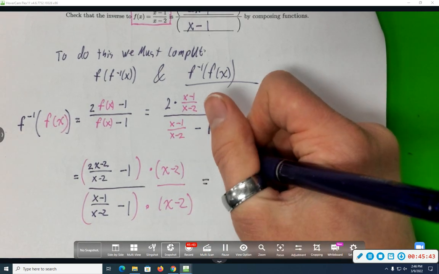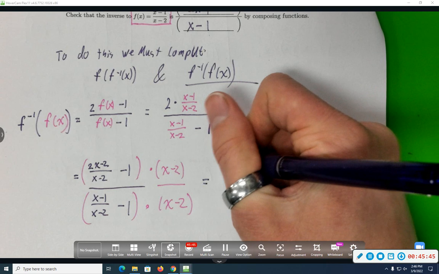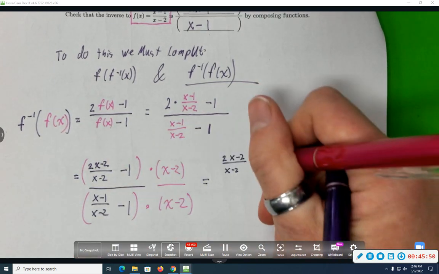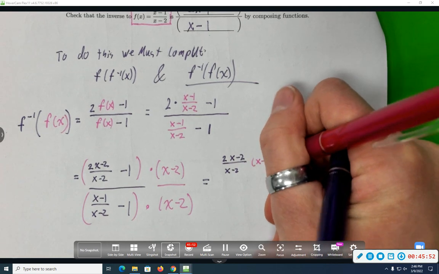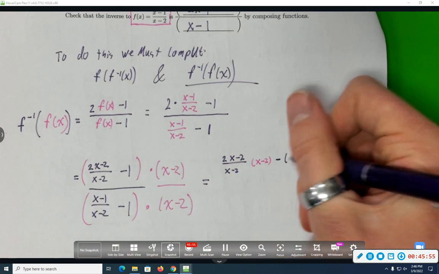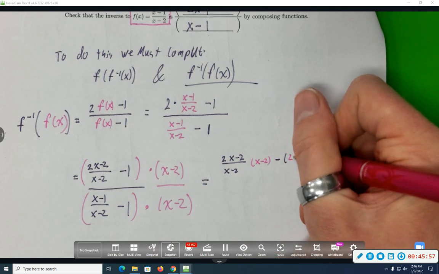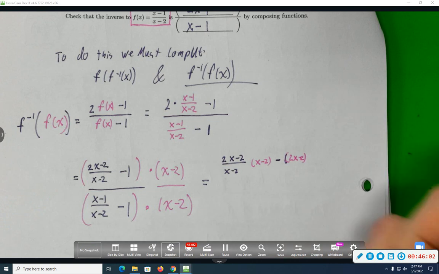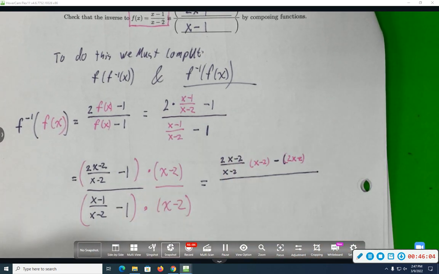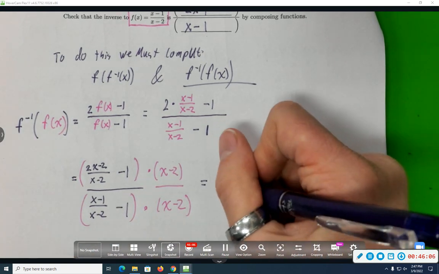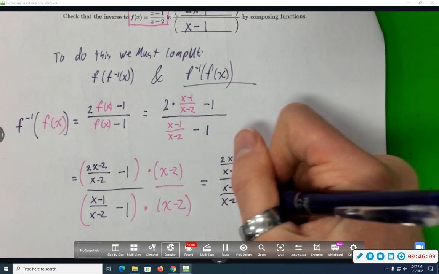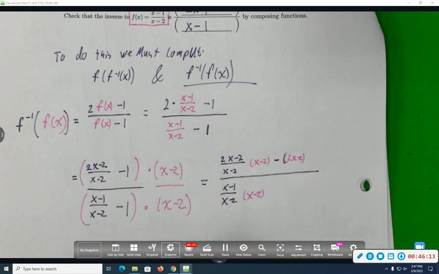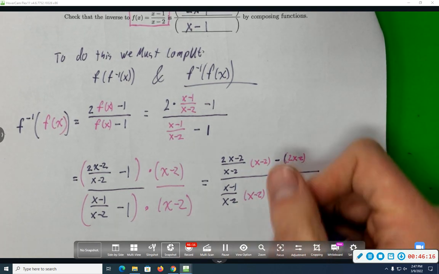Maybe this is a step you wouldn't take, but I'll add this step in. 2x minus 2 divided by x minus 2 times x minus 2 minus 2x minus 2 all over x minus 1 over x minus 2 times x minus 2 minus